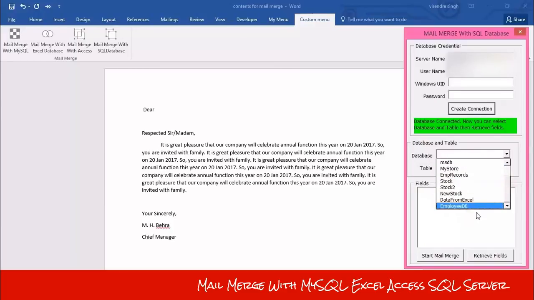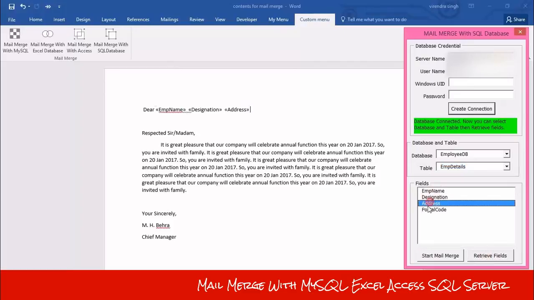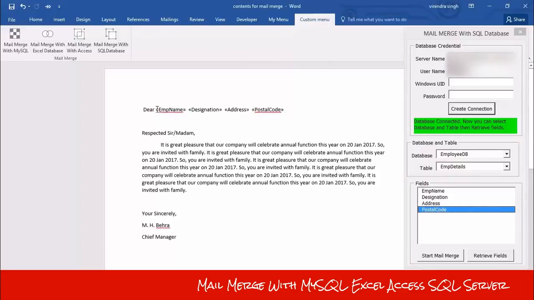So I'm going to click this database, and as I select this database, all the tables of this selected database have appeared in combo box 2. I select this table and retrieve fields. All the fields have been retrieved, and now it's time to put these fields into the main document.